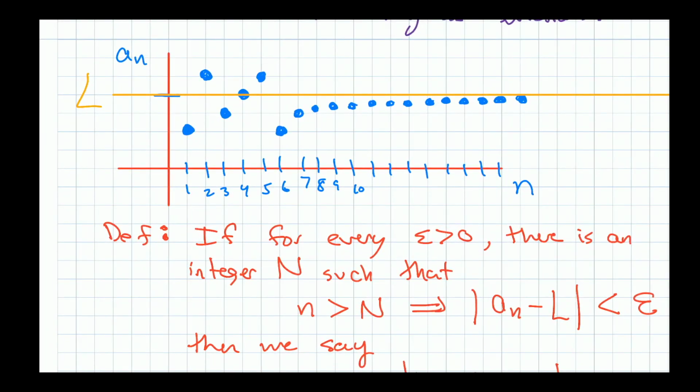So if you pick an epsilon here, so like this is L plus epsilon and this is L minus epsilon. So epsilon is just this little distance. Okay? So you pick an epsilon, and then that epsilon, if you extend that out on like the y-axis here, like that,